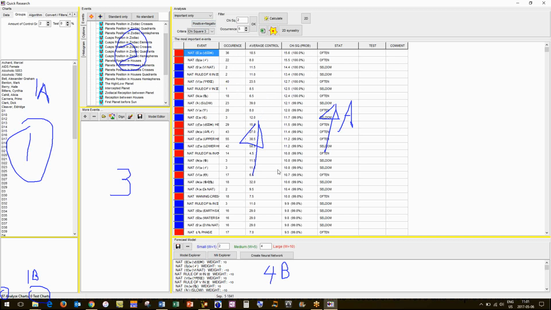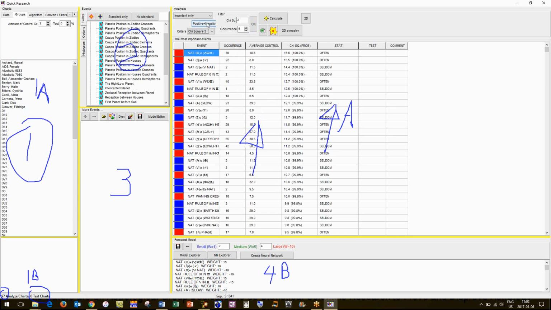However, when we get into running the neural net, the importance of hot and cold, or positive and negative, or often and seldom, is that we want to use a filter to look at a chart and say, yes, this person has a lot of positives and this person has a lot of negatives, so you can filter them out and separate the charts. And that's important in this neural net.